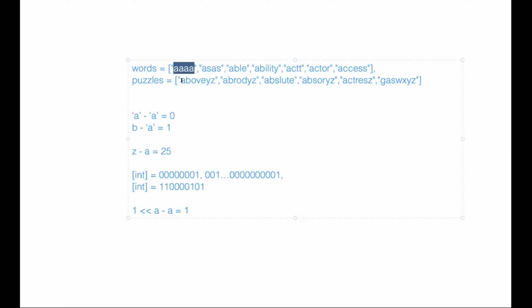Okay, and let's take the first word. So we figured out that this first letter is present in this word. Now what we can do is take the word itself, which is represented by this integer, and do the AND with the puzzle, correct? Yeah. So when we do the AND with the puzzle, it should give us any number greater than 0. It will give you the exact same as the word. It should not, the reason is, let's say what if I have B here?